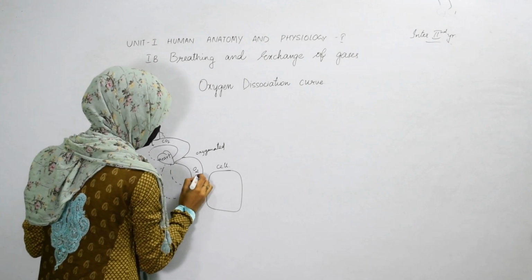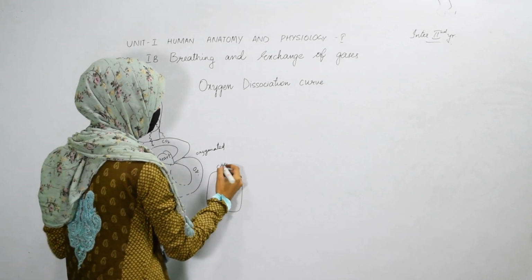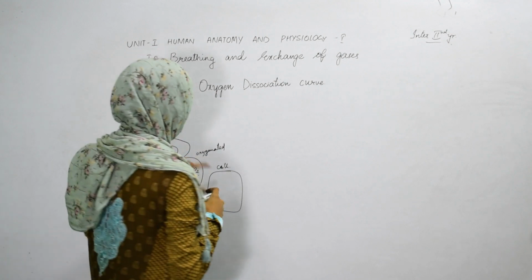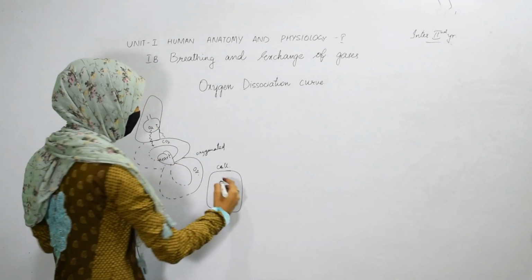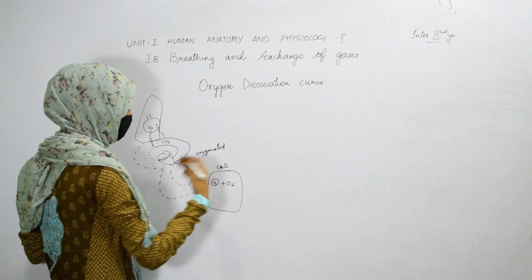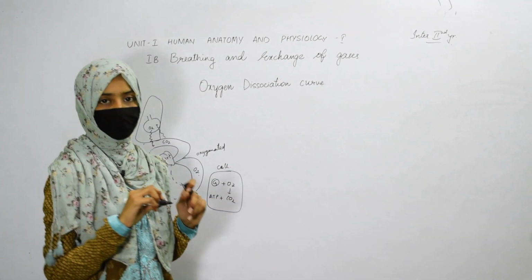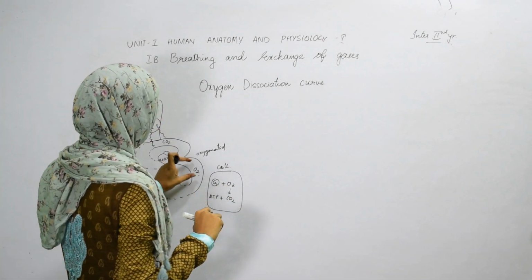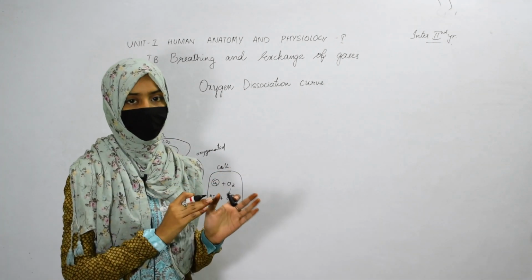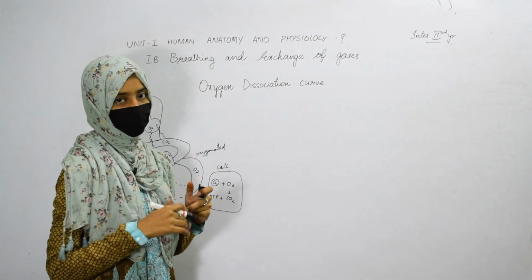This oxygenated blood contains higher concentration of oxygen, but here in the cells of the different organs, the human organs are made up of different cells, right? So all the different cells require oxygen to form ATP. We all know that when glucose reacts with oxygen, it forms ATP as well as carbon dioxide as a waste product. So in this way, from the oxygenated blood, the oxygen is transported into the cells. Now during this exchange, what are the things that are going to happen? In this session I am going to explain that.